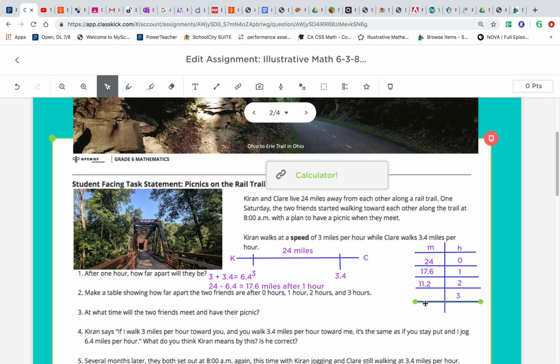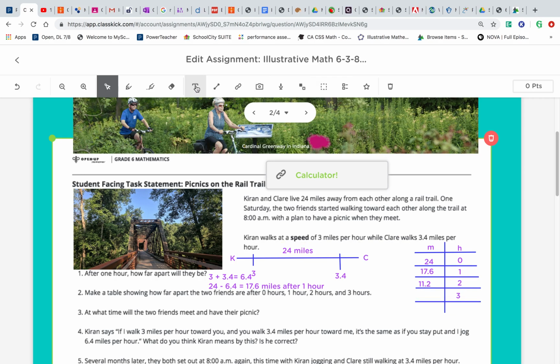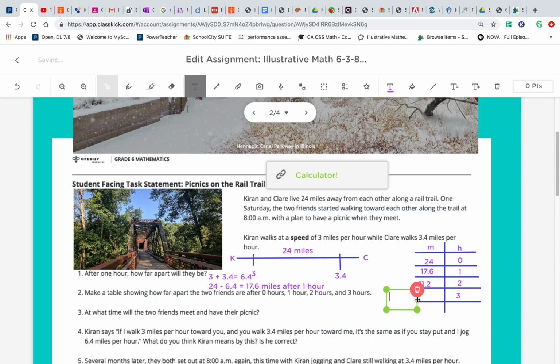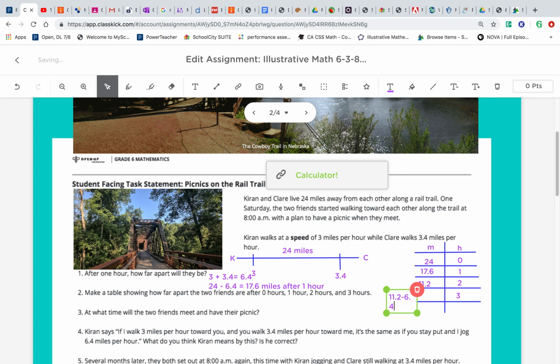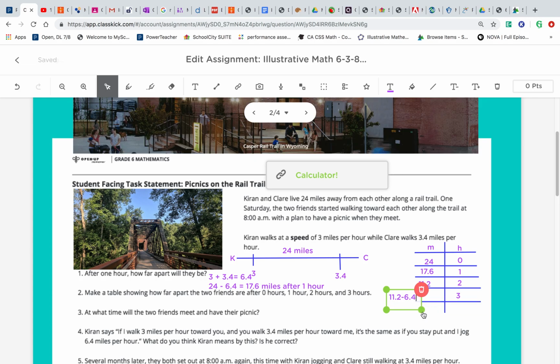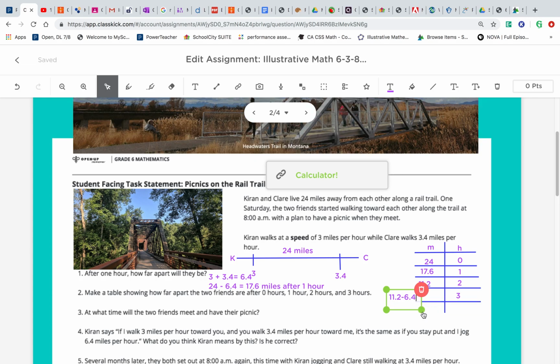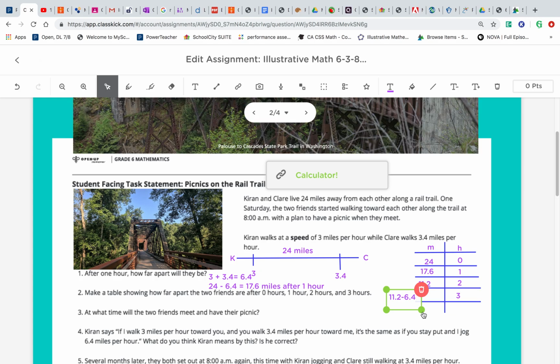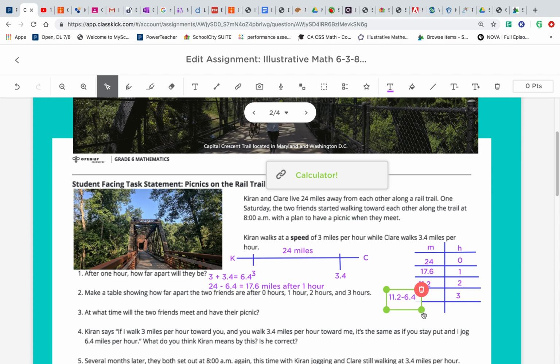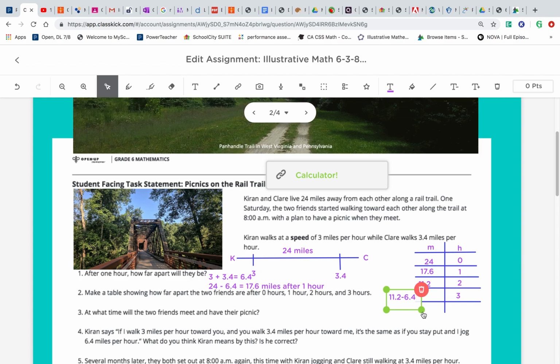from this case from 11.2. So it's going to be 11.2 take away 6.4. Okay, so 11.2 take away 6.4. If you line that up, 11 minus 6 is going to be 5. Okay, and then we're going to take away another 0.4, so it's going to be